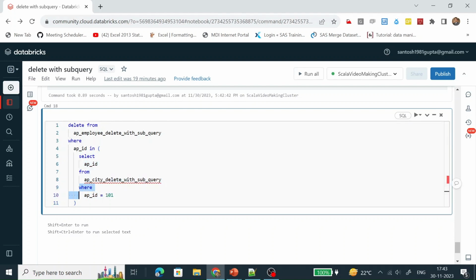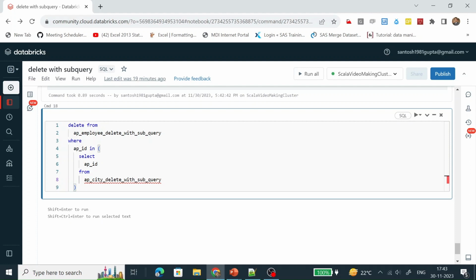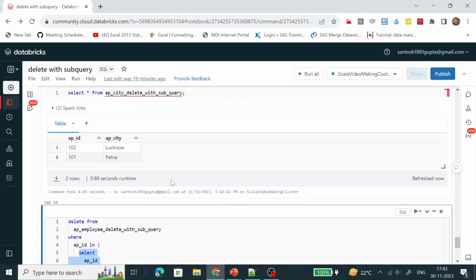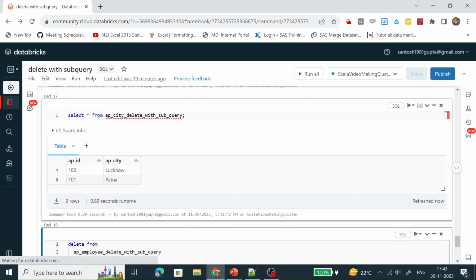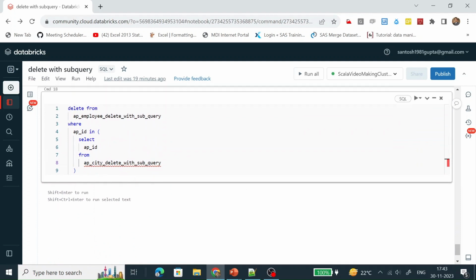Now let's remove this where condition. This query will now bring 2 records. Why? Because this table has 2 records and we are not putting any condition on it. So it will get 2 APIDs.